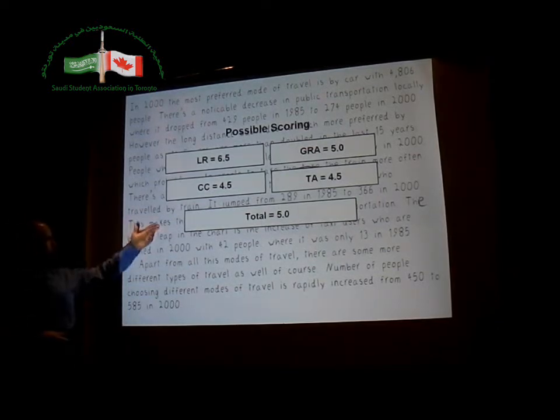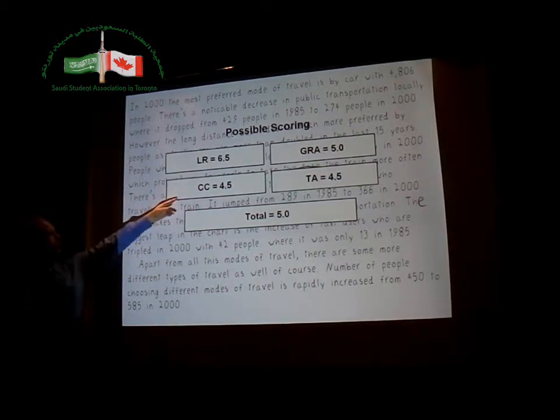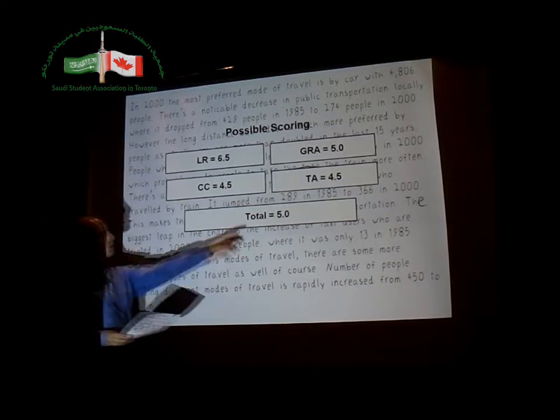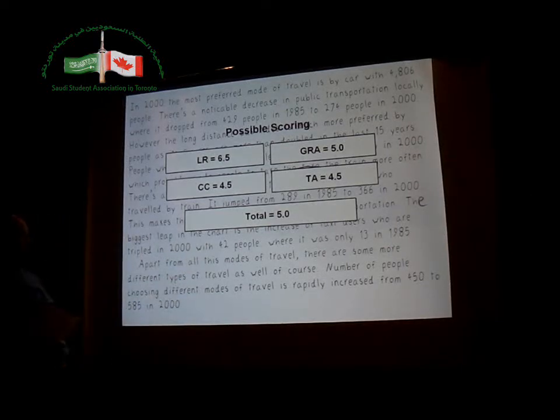Coherence and cohesion. Well, part of the problem with the CC is that he lost marks because of no introduction and no paragraphs. Okay? Grammar. It was okay, actually. There's quite a few mistakes in here. For example, here's a period and then a word with no capital. Okay? Number of people should be the number of people. So a few grammar mistakes, but not too bad.